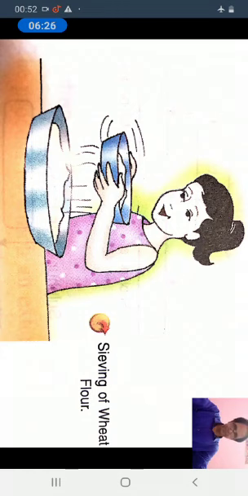Now sieving. You must have seen your mother sieving wheat flour. Fine particles of flour pass through the sieve while the bigger particles remain on the sieve. Sieving is the process in which any mixture is passed through porous material. The smaller components of the mixture pass through the sieves and bigger components are left on the sieves.